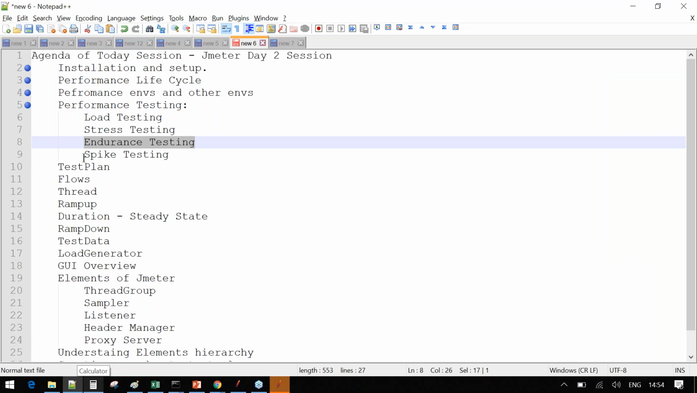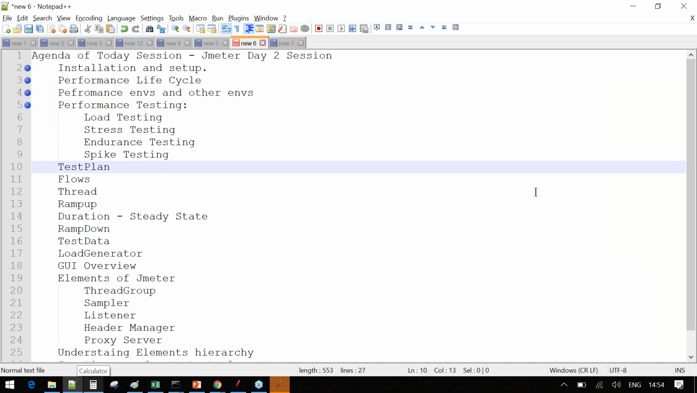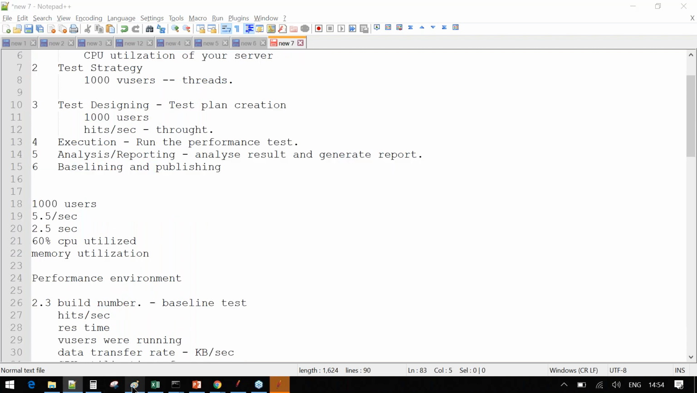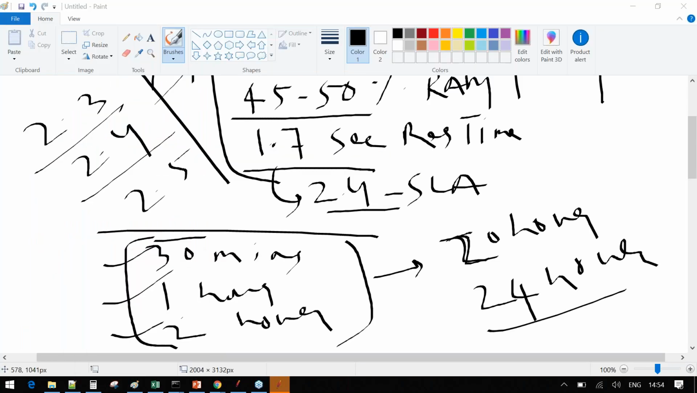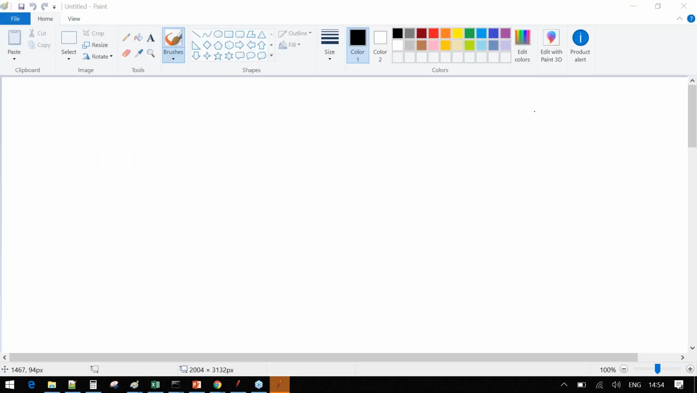Alright guys, there is one more as well, spike testing. So I'm getting another question: what is a memory leak? I'm just trying to explain. Just a minute. What happens is, you started your performance test, with